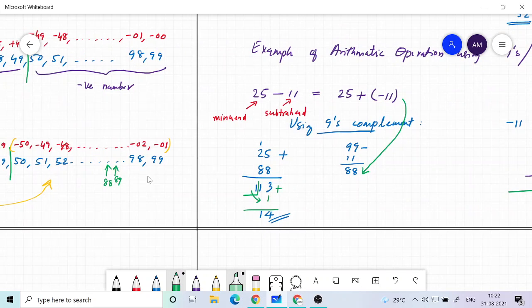Now you can break adding 25 into two parts. The first part is adding 11 and then adding 14 to it. So when you add 11, what will happen? 89 plus 11, you will have 100, right? Yes, sir. And then you are adding 14, because 11 plus 14 is 25. Basically from 89 you take 25 steps rightward. That's what you are doing, right?